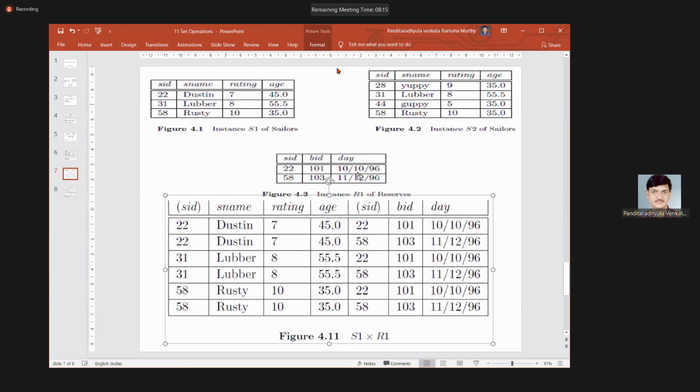Let the number of rows in the first table be n and the number of rows in the second table be m. The result will always produce n into m rows with all columns. Later we'll see how to handle the SID of column number 1 and the SID of column number 5, because this table contains SID with the same name.